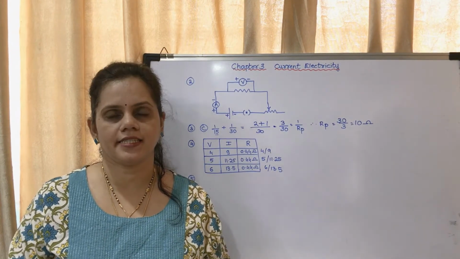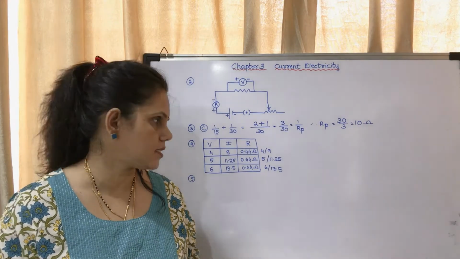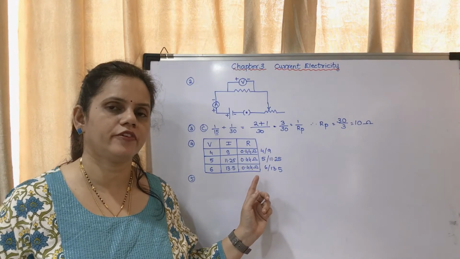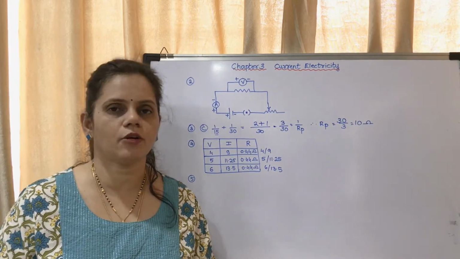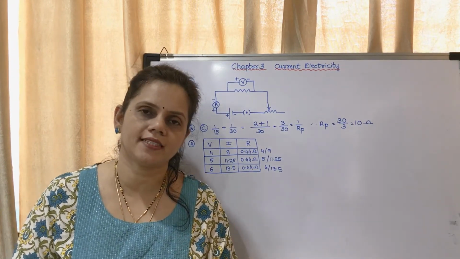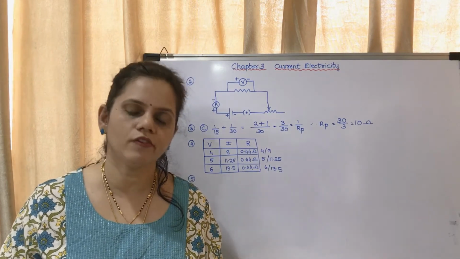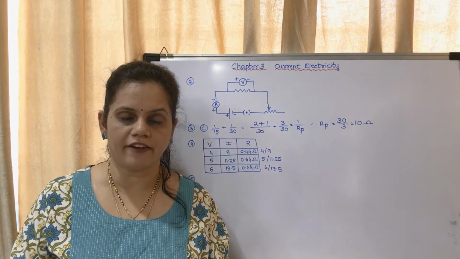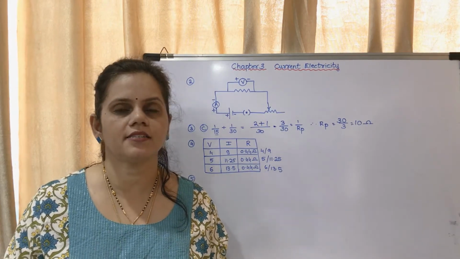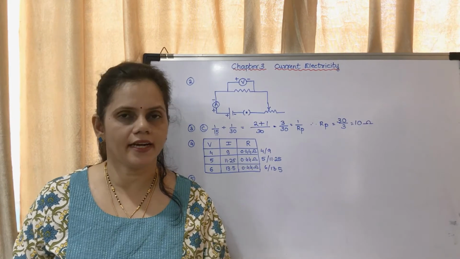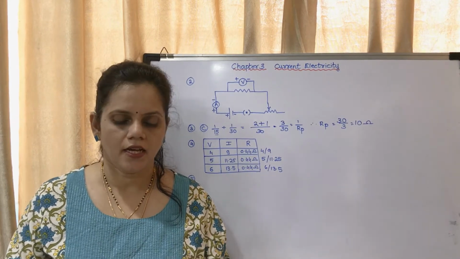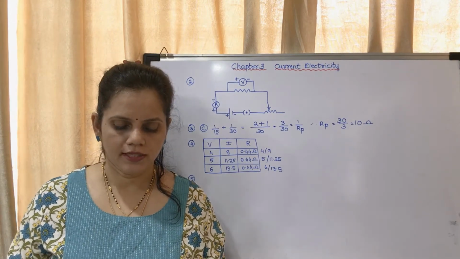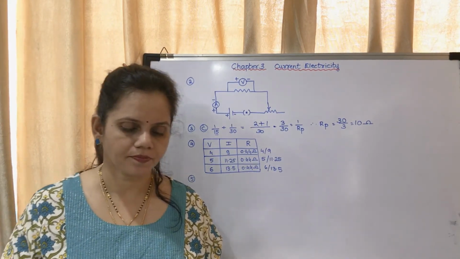Find the average resistance. What will be the average resistance? 0.44 plus 0.44 plus 0.44 upon 3. That will be 0.44. So what will be the average resistance? It will be 0.44. Next, what will be the nature of the graph? The graph is always a straight line. The graph of V and I is a straight line. Which law will the graph prove? It is Ohm's law.